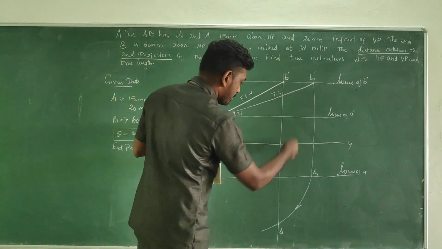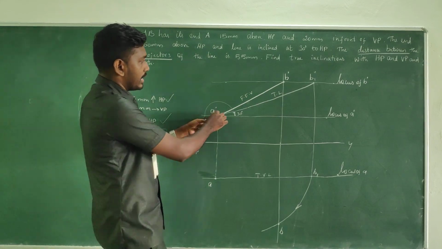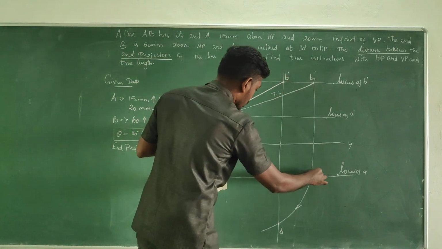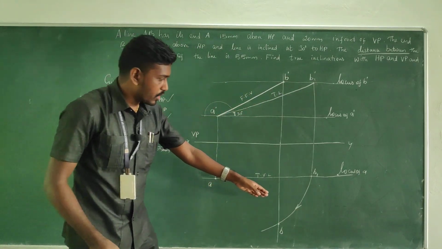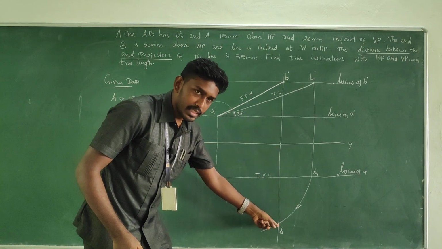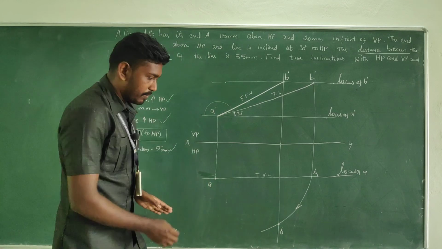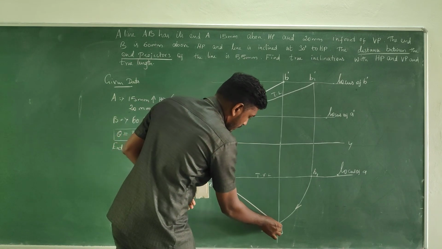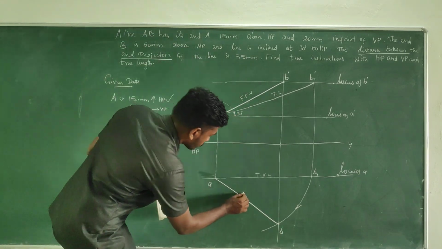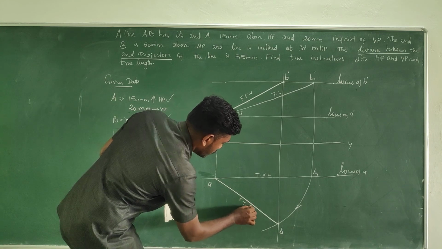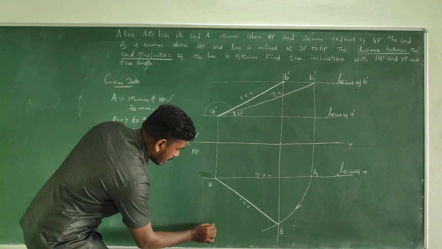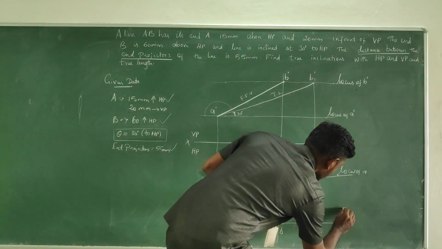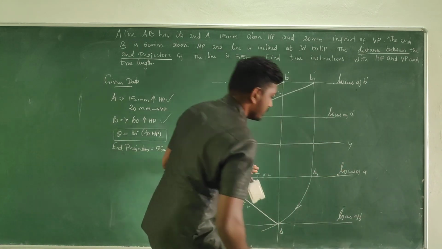We got the end projector at the ALS itself, and then we have implemented the true length inclination in the front view. From that we got the projector, and by having the rotation, at that time it intersects with the end projector line. Okay, it becomes B. If you draw a line from A to B, it is your final top view. If you draw a line just passing through the point B, it becomes the locus of B.